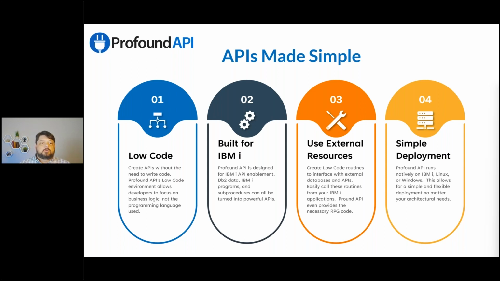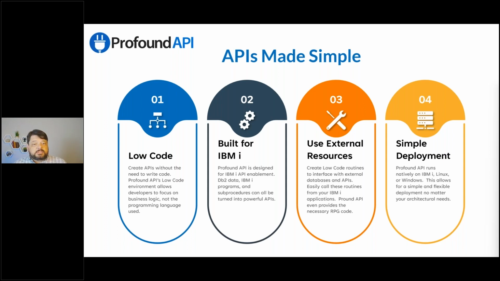So when it comes time to do the development of your API and the actual functionality of it, we have a very easy to use and flexible low code environment that allows you to just answer questions about what it is you want your API to do and not have to get into the details of writing code. A big barrier for a lot of IBM i shops that want to move into APIs, specifically in Node.js, is they have to become Node.js developers. And in our environment, you don't. You can use the low code system. You're not locked into the low code system. If you want to do more, you can write your own Node.js code, but it's not a requirement.